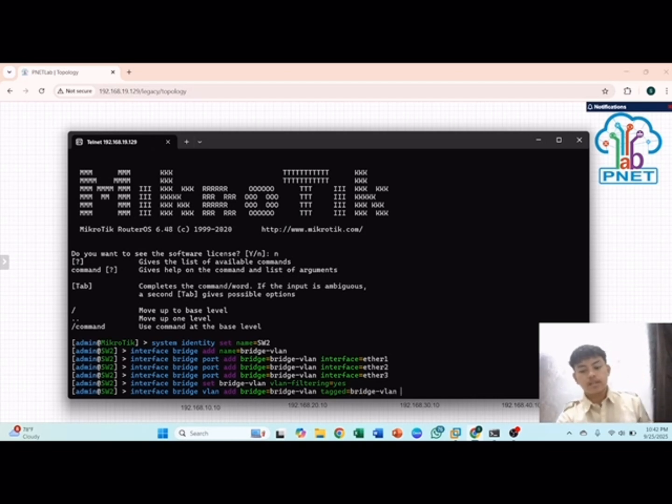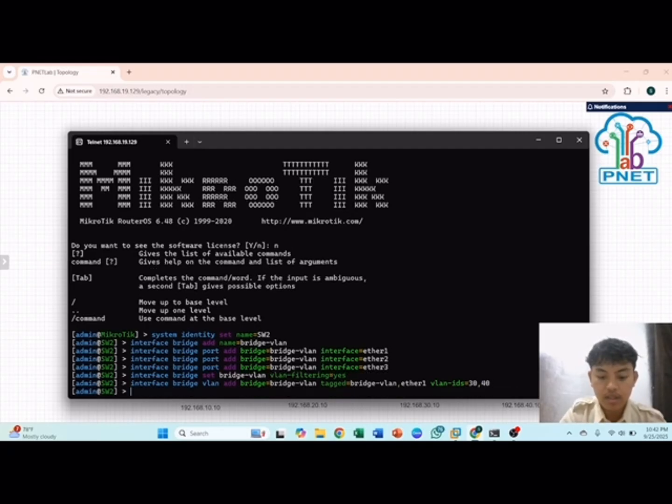You can click the comma, or I forget, for English language it is comma, and then Ether1. VLAN IDs are 30 and 40. Enter.